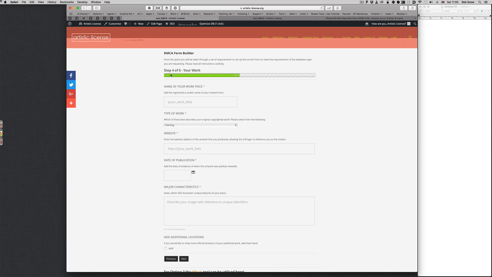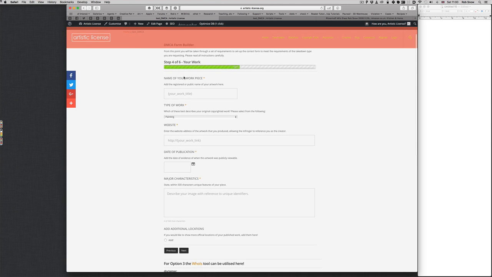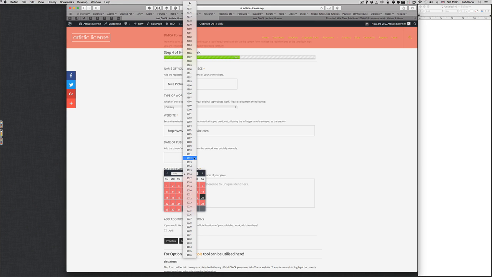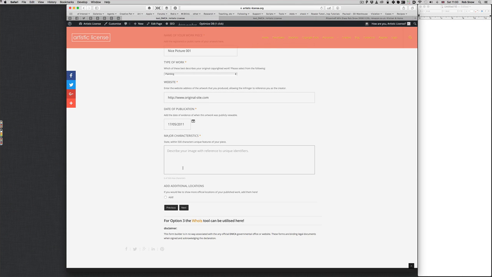Step 4 of the 5 is your work, so you just need to do the minimal amount of effort here for the actual information about your piece that you're wanting to show as an example of the original. Okay, so you just put in the necessary details, painting, the location of the original, that'll be on your site or on an agent site or on a portfolio site. Okay, the date of publication, that's when it became visible to the public, and a description,